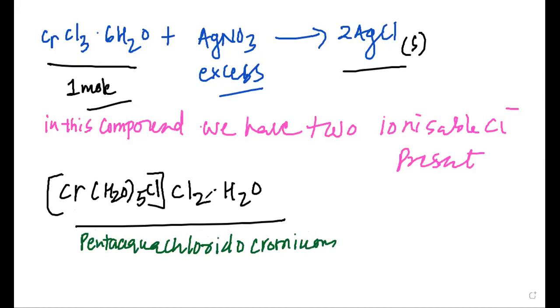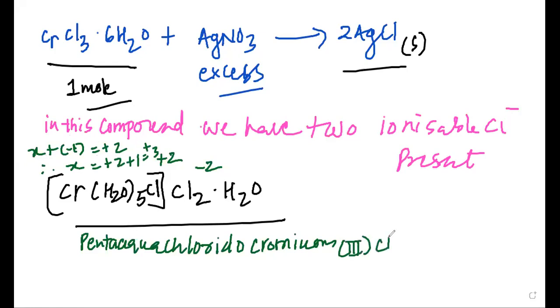Now please remember that this is Cl2, so it is -2, my dear students. So this is what it is going to be, +2. Now if chromium has got X and the Cl has got -1, that is equal to +2, and therefore, my dear students, the charge on chromium is equal to +2 + 1, that is +3. So we should write chromium 3 chloride. This is the IUPAC name for this compound. What is the IUPAC name? Penta-aqua chloridochromium 3 chloride. Now let's get back to the question.